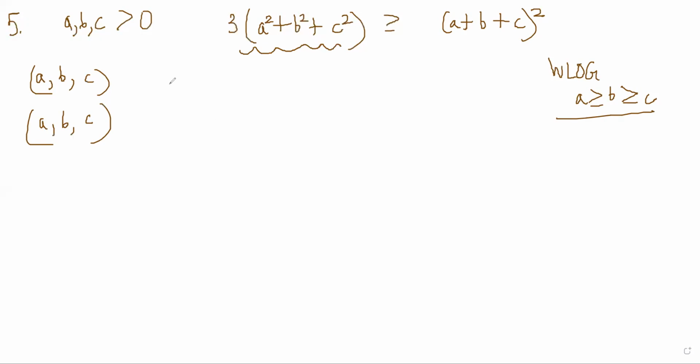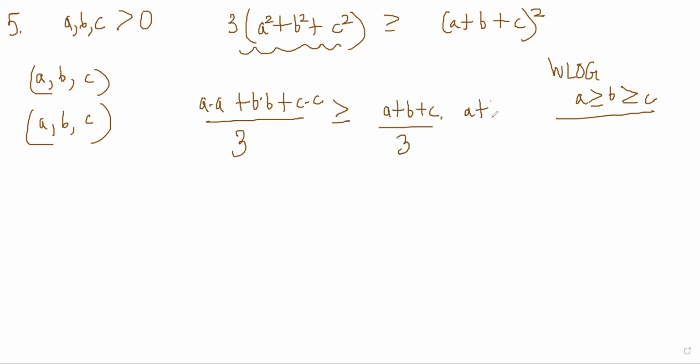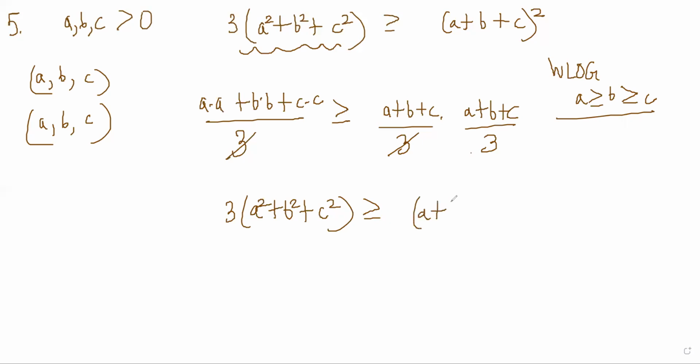So then by Chebyshev, we have multiplied these. So you have (A into A plus B into B plus C into C) by 3 should be greater than or equal to, if you do AM of this and AM of this and product of that, right? So (A plus B plus C) by 3 multiplied by (A plus B plus C) by 3, right? So that immediately gives you the answer. So 1 by 3 cancels and this 3 comes here and becomes 3 times (A square plus B square plus C square) greater than (A plus B plus C) whole square, right? So that is how you apply Chebyshev's.